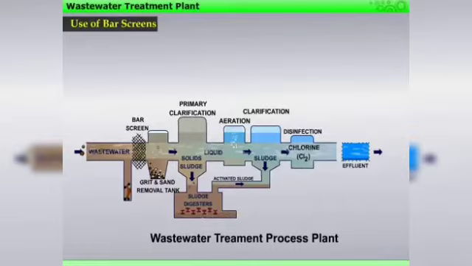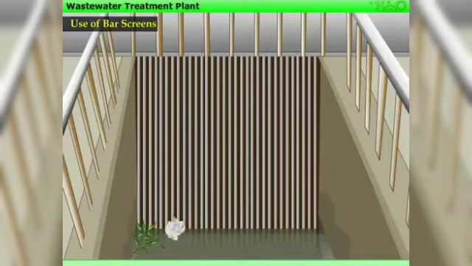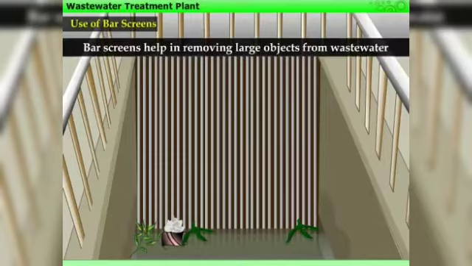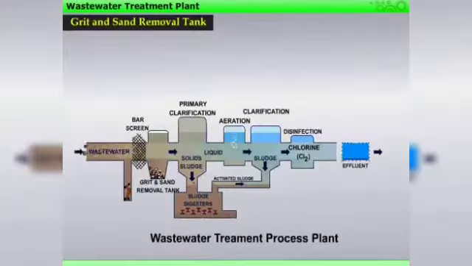First stage, where we have a grid. Here the grid is a place where you have vertical bars or a sieve, whatever it is. If the water goes through that, then plastic cans, plastic tumblers, paper tumblers, papers, see, what you can see, those things are filtered. Then it goes to the next tank, the primary grid. From the grid, it goes to the next chamber.